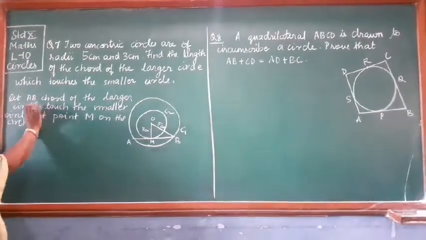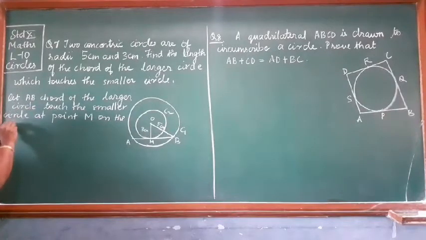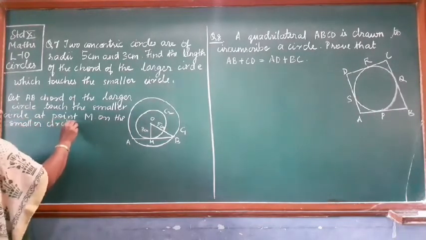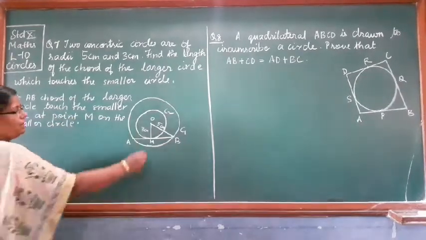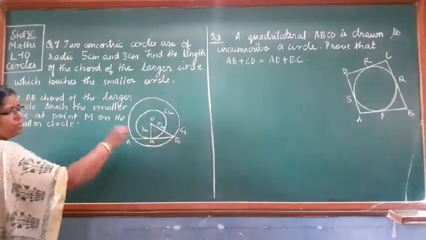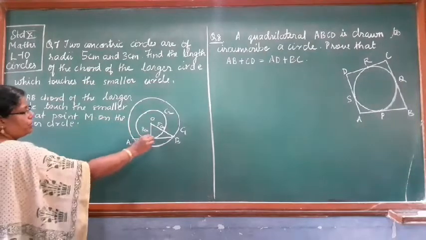On the smaller circle, if you want to say specifically. ठीक है? यहाँ पे एक पॉइंट M है जो स्मॉलर सर्कल पे है और उस पॉइंट को टच करता है